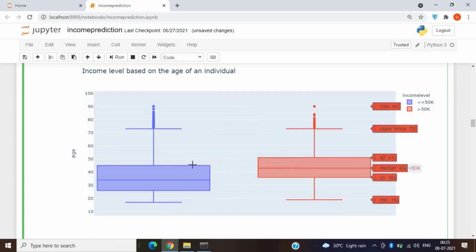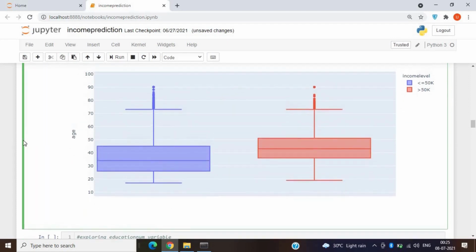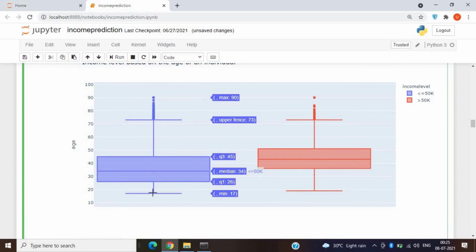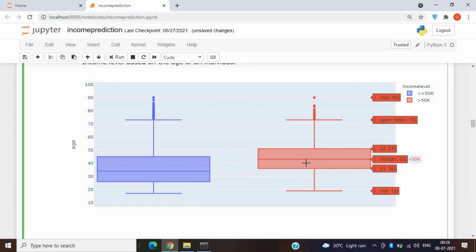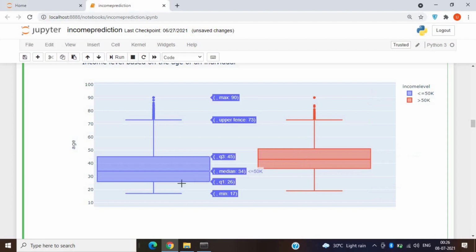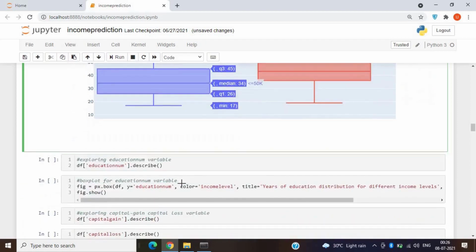So let's explore this a little bit. We can see that the minimum value is 17 here, and the maximum value 19. The upper fence is at 73. So all the values after 73, all the dots which we can see, are the outliers. Similarly, for the income level greater than 50,000, we have our first quartile at 26, and the third quartile is at 45. Moving forward,